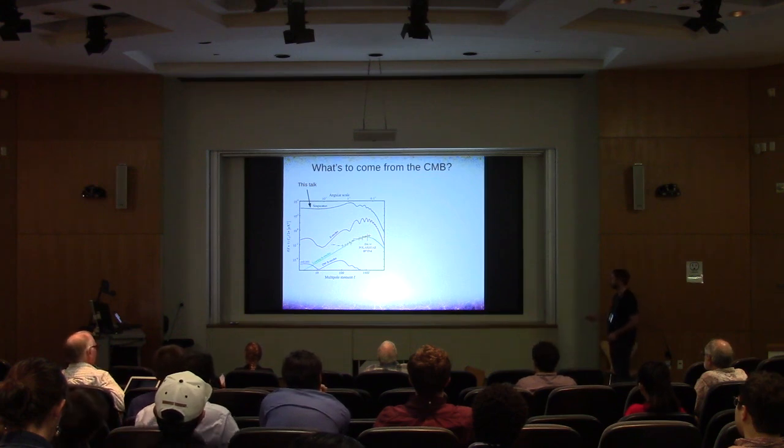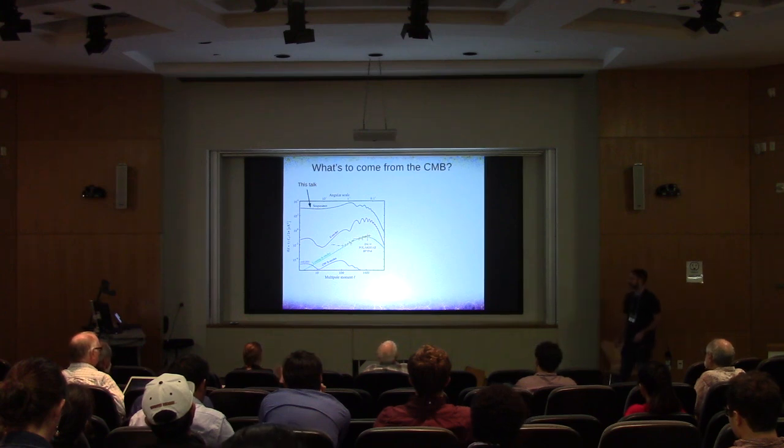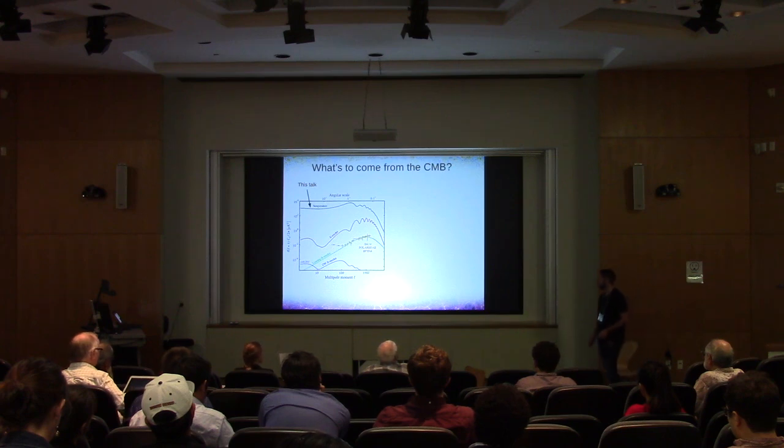And this is the E-mode power spectrum. It looks like this. You can see it's smaller than the temperature power spectrum by several orders of magnitude, so it's harder to measure. But it's been measured, and measurements are very much ongoing. And then, more interestingly perhaps, there's the B-mode power spectrum. And the B-mode power spectrum is more interesting because